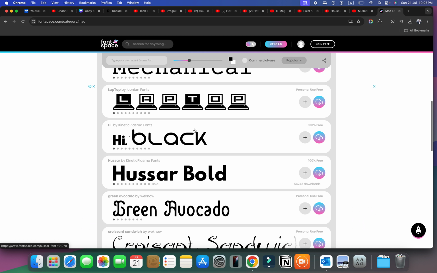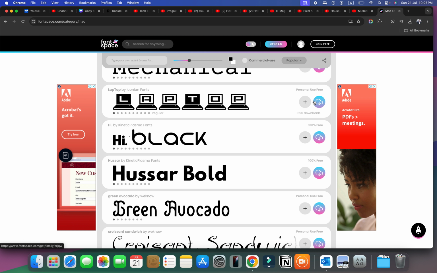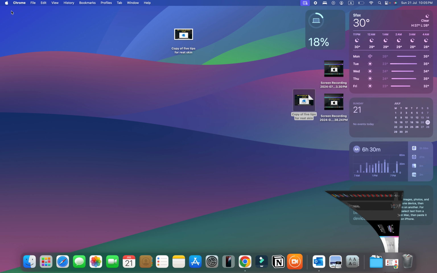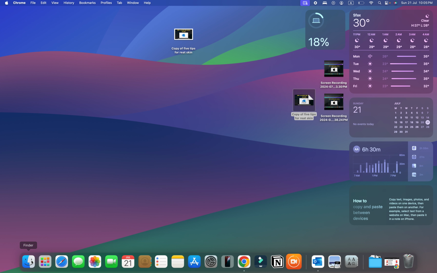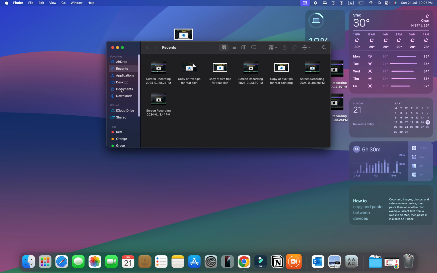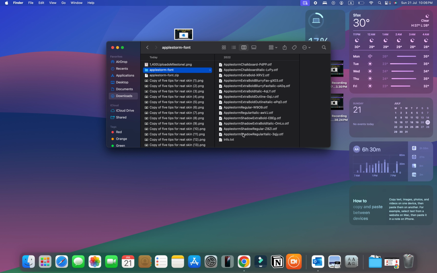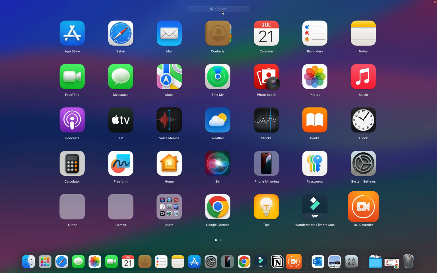When you find a font that you like, you just download the font. And when you download your font, it will be available in the download space as a zip file. You just need to double click on it so it will open and you will find this content inside it. Don't do anything, just go to the launchpad and go to the search bar and write